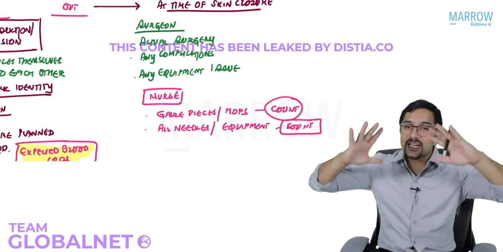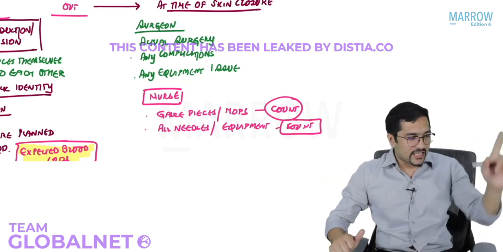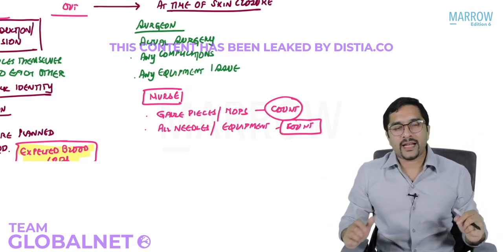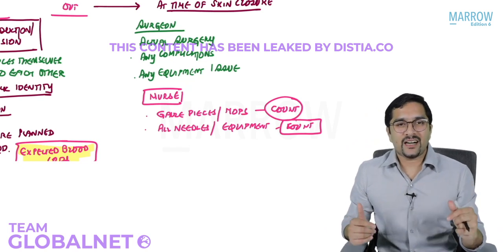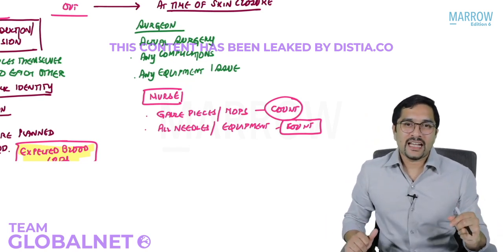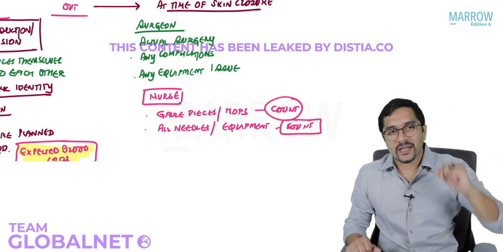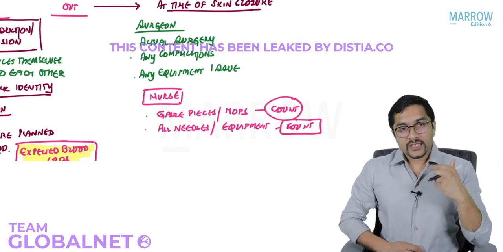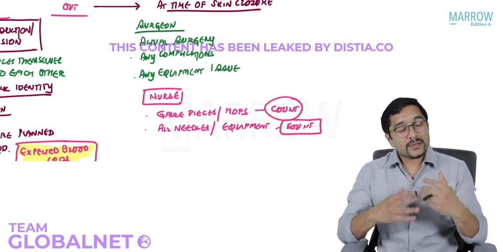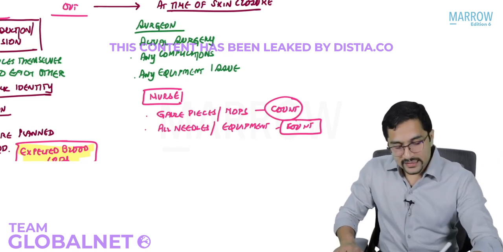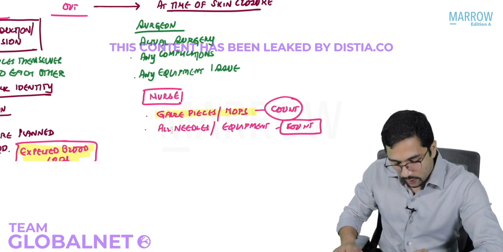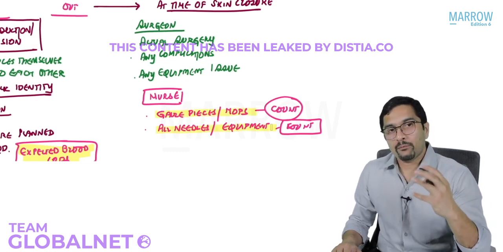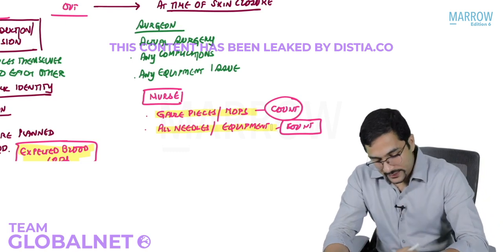And then ultimately they had to bring in the C-arm. C-arm is the C-shaped thing where you can do a real-time X-ray. So they got the C-arm, they did that C-arm shot, and they found that the needle was sitting on the spleen, and the surgeon had to retrieve it again. Okay, so this surgical safety checklist helps in preventing problems, and this counting of gauze pieces and mops and needles and equipment is very important so that nothing gets left inside.